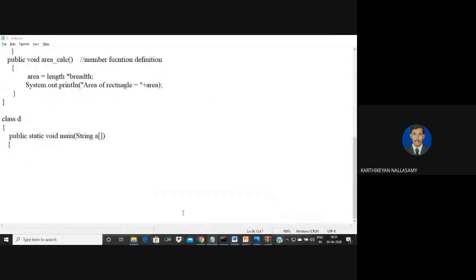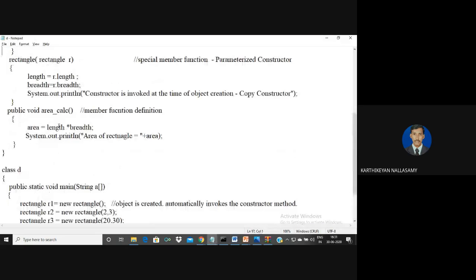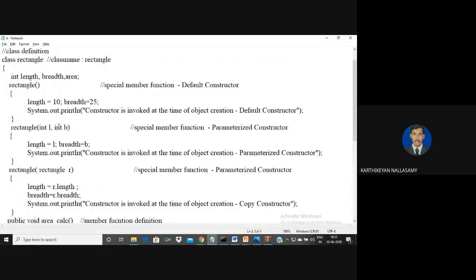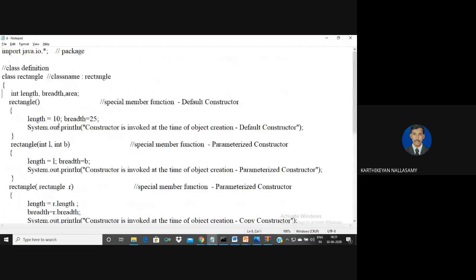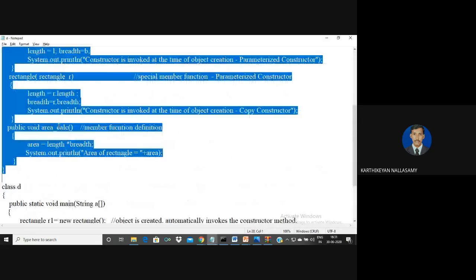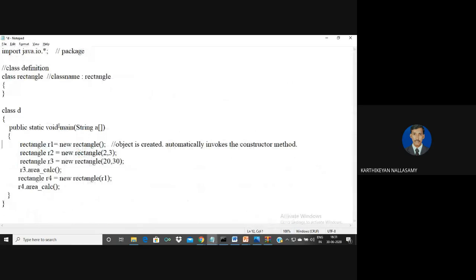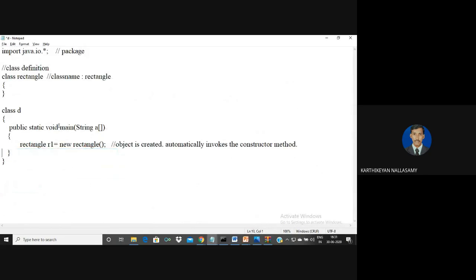Now I'm going to explain the basic things about this with a simple example. I don't want to implement a complicated program for the explanation. I'm going to use only a simple program. It is not necessary to go with the constructor method and all.